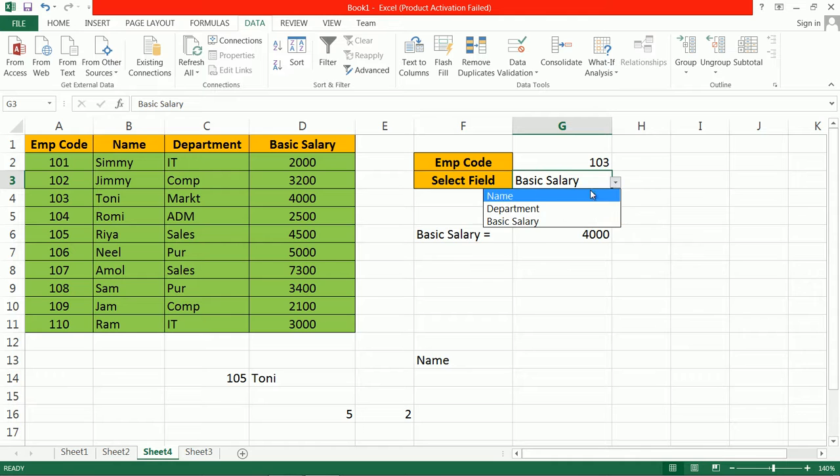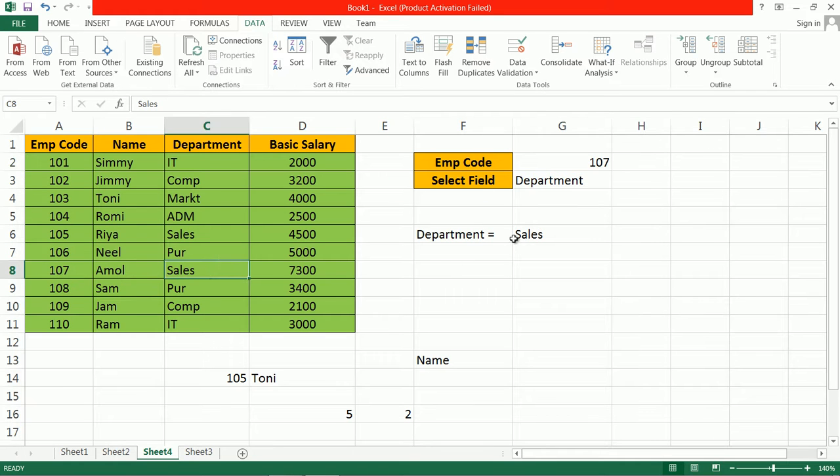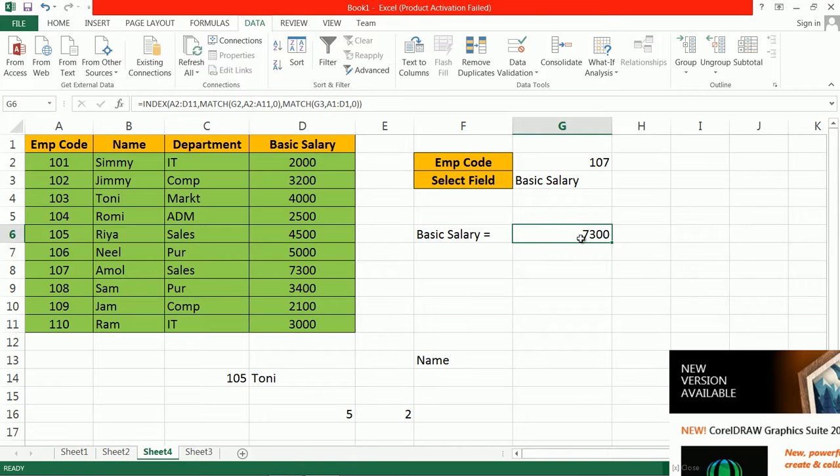If we want to search name equal to Tony, department, suppose we want the department of 107. Here the department of 107 is sales. We want the salary of the employee having employee code 107. Then here you can select salary. Okay, like this you can search, or you can make your search more dynamic with the help of the index function